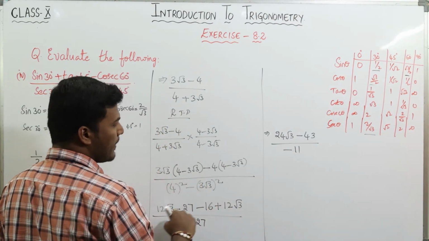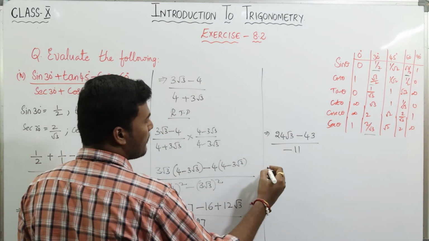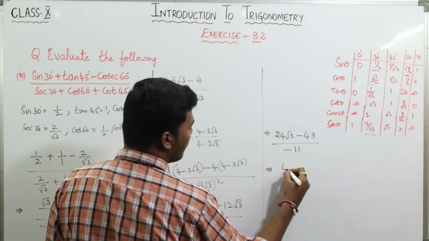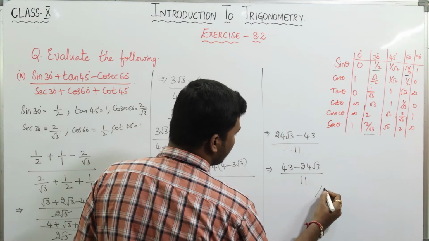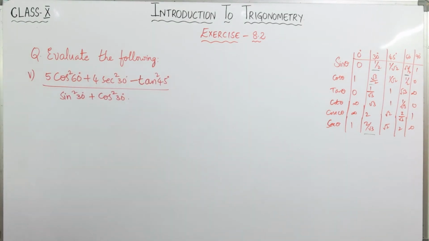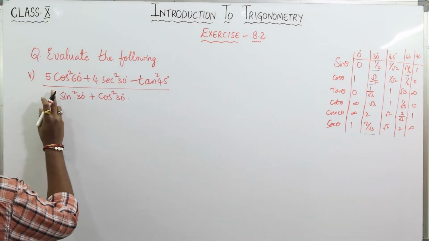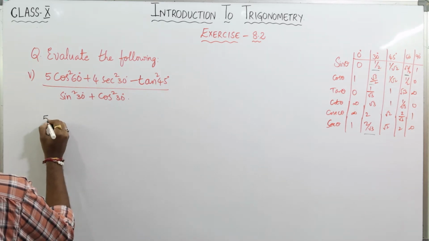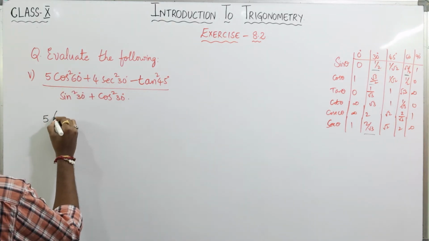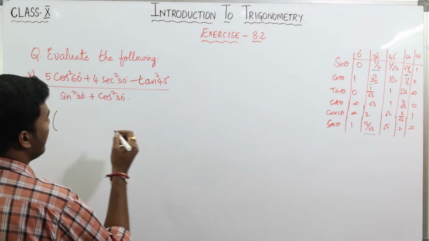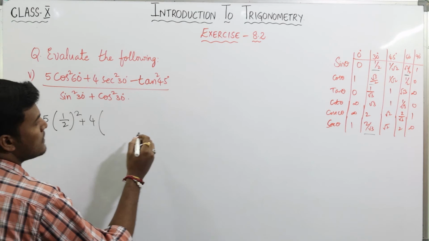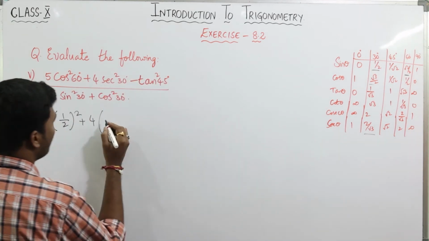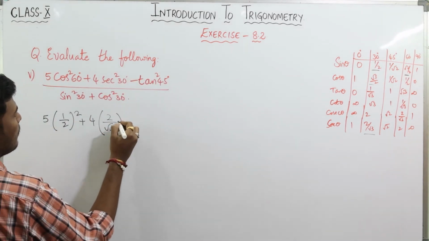Okay, 16 minus 27 minus 16 is minus 11. Take minus common, then it will become 43 minus 24 root 3 by 11. Now the fifth part of this problem, that is 5 into cos square 60 degrees. What is the cos square 60 degrees value? 1 by 2 whole square plus 4 into secant square 30 degrees, that is 2 by root 3 whole square